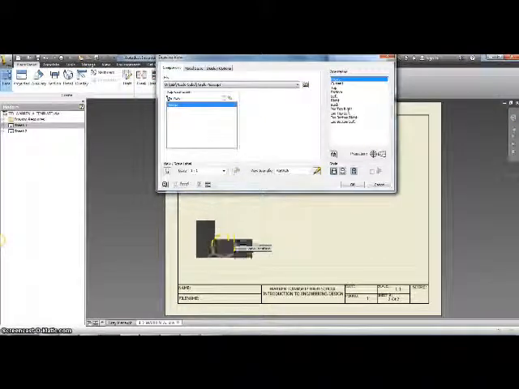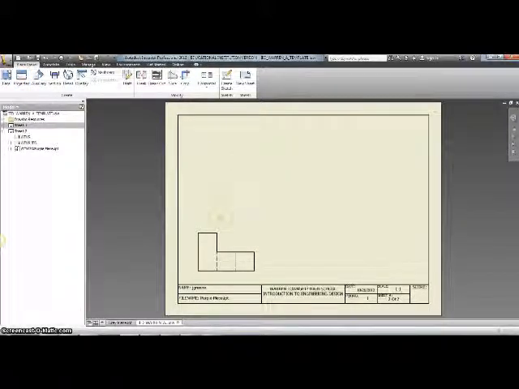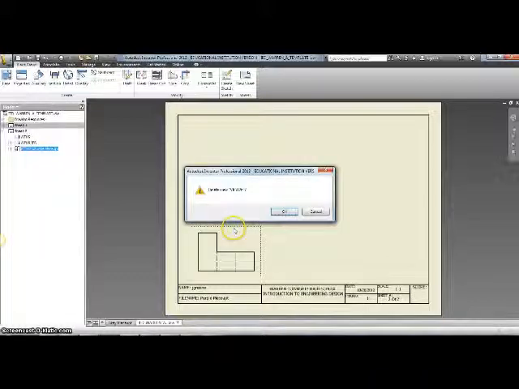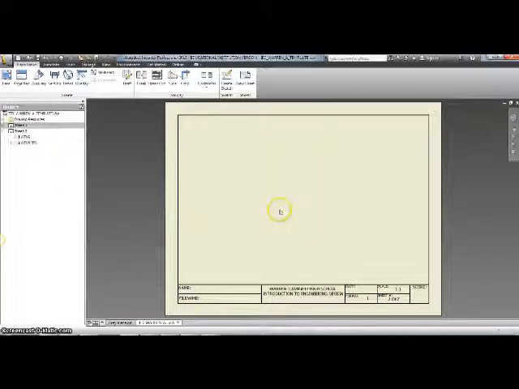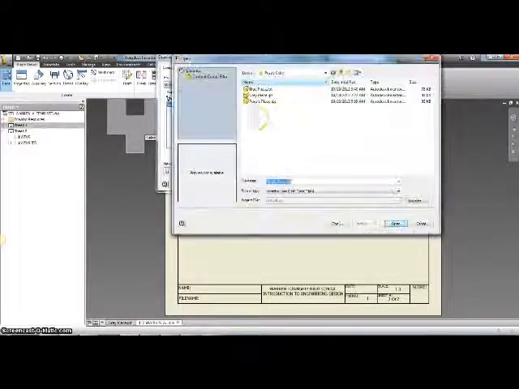Now, if we look, our current view that we're selecting it at will actually give us hidden lines. And we do not want hidden lines in our front view. So now I'm going to show you how to get rid of those. First, you can just go ahead and click on any view and select the delete key on your keyboard, and it'll ask you if you want to delete that. You can delete that. Now we'll go back to base. We will select the piece we want,